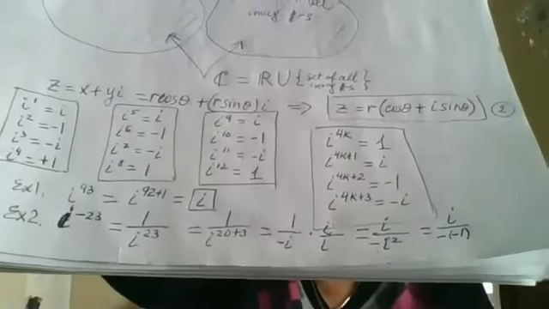Negative sign. But what about i squared? Is it negative 1? Yes. I'm replacing this by negative 1. So on the bottom, I have minus negative 1. Is it positive 1? Yeah. On the top, I had i. So the answer here is i. You can see here, we have a little bit longer process.